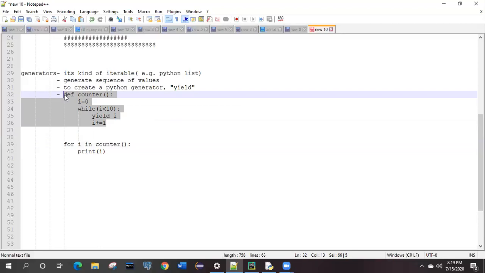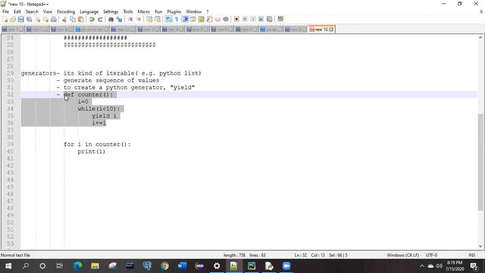Correct? Why do we need this generator? What is specific in this one? It's going to generate the values, and for i, we just print what the value of i was.